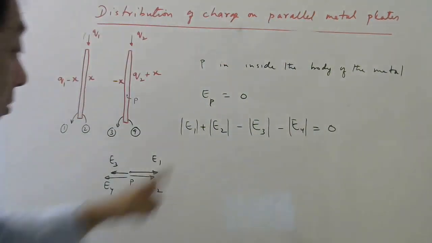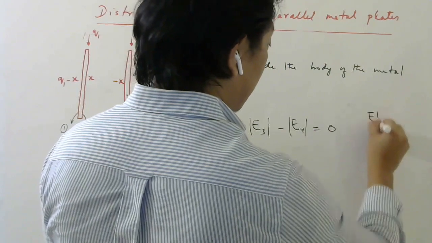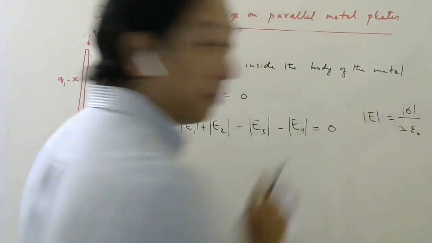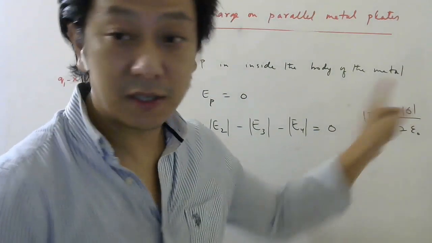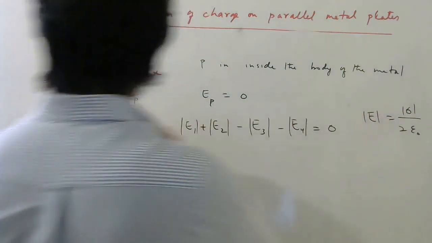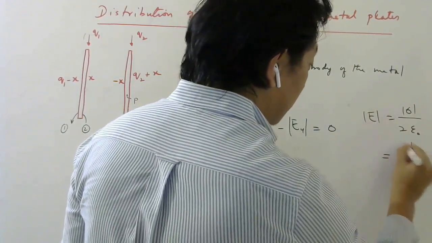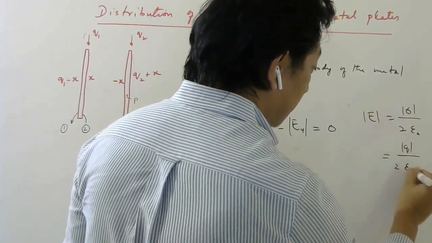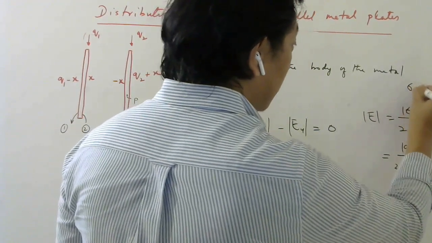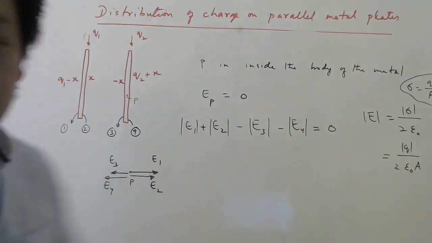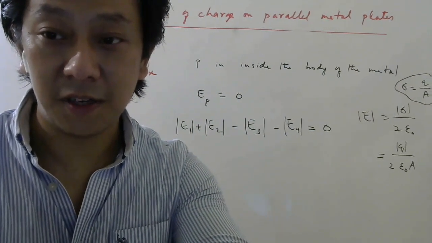Now let us see what the electric field due to a sheet of charge is. It is sigma by 2 epsilon naught. Since I want only the magnitude, I don't care about the sign of the charge. Now I know the charge, so I will write this sigma as charge by area, because you all know sigma is charge divided by area. It is the surface charge density, right students?